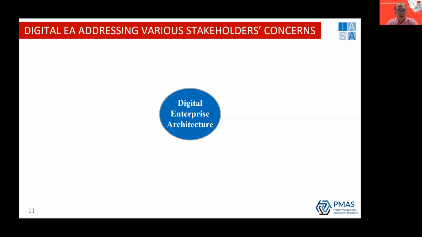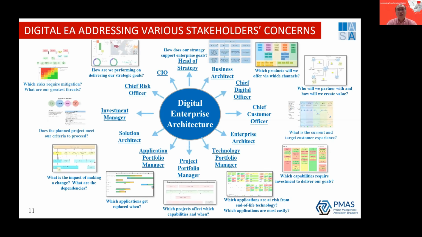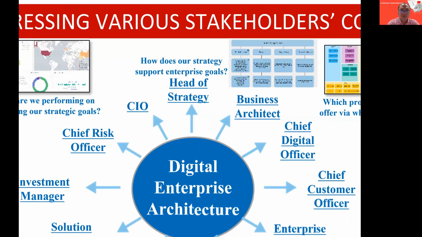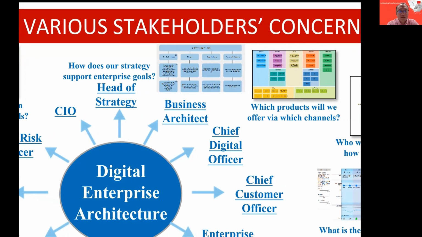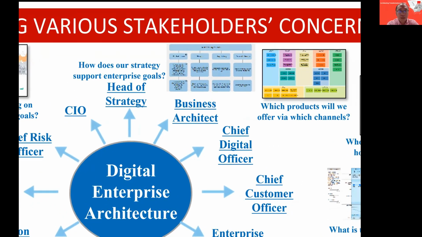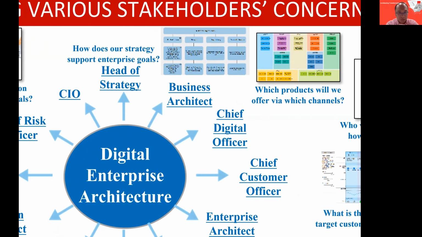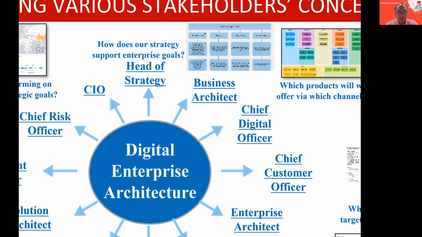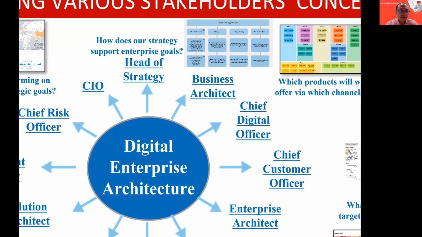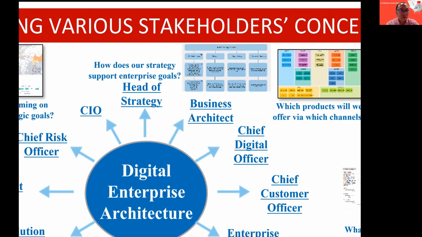They said when you talk about architecture, it must be technical and for the IT people only. But the fact is, it's not. You see here the target audience of the digital EA. The first target audience is actually the head of strategy, because the head of strategy needs to understand whether the strategy can be implemented. I think just now I gave you the earlier slide so that you understand the strategy; from the strategy you go into the architecture and see the impact, and after that you execute it into